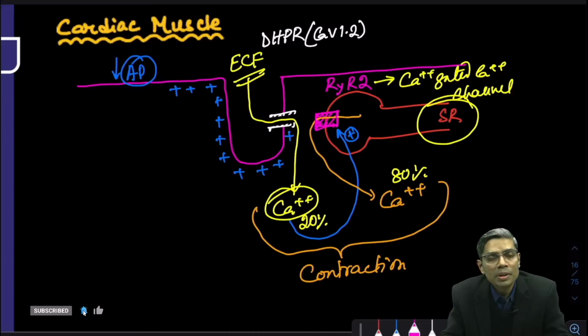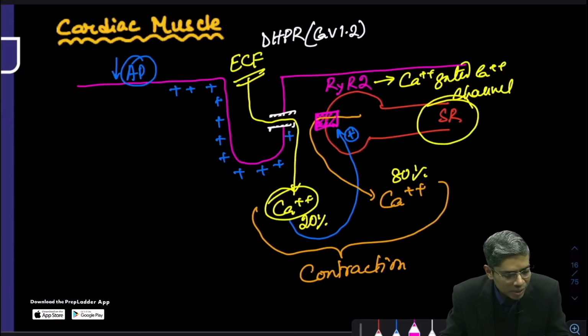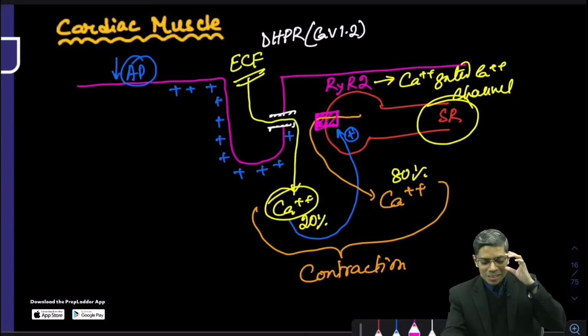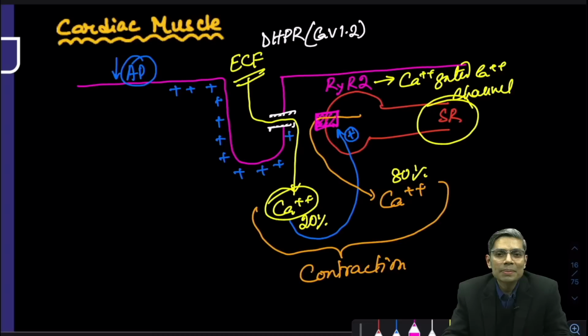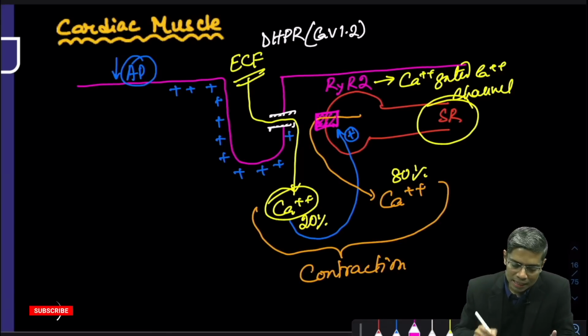The scientist has proven in an experiment that in the heart, if your extracellular solution does not contain calcium, then cardiac muscle contraction will stop. So if blood calcium becomes 0, cardiac muscle contraction will also stop. Getting my point? So these two things, and here the